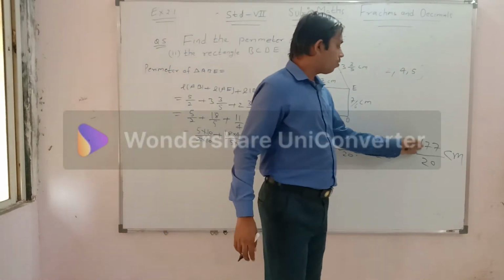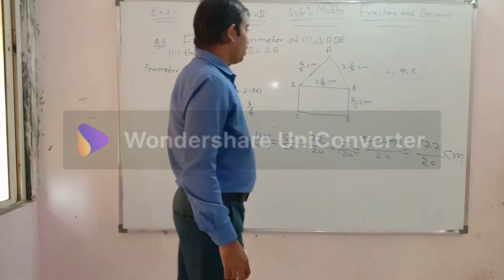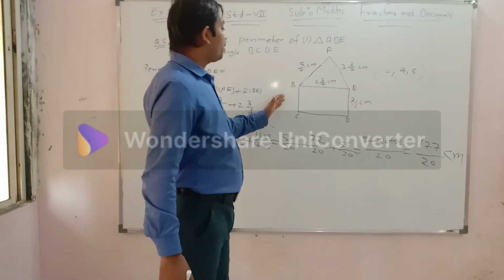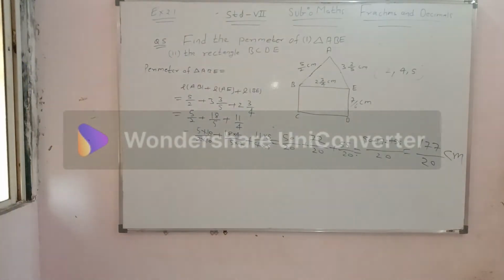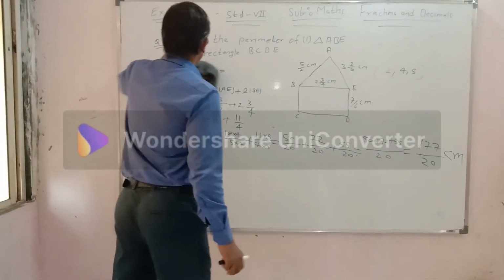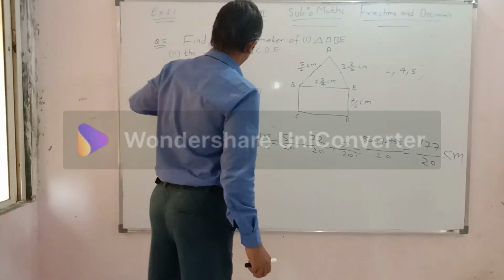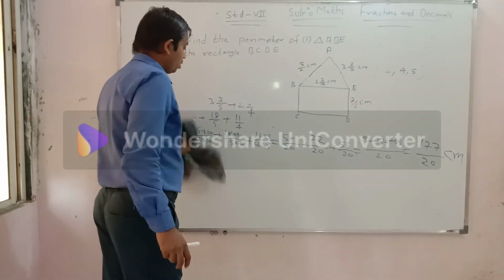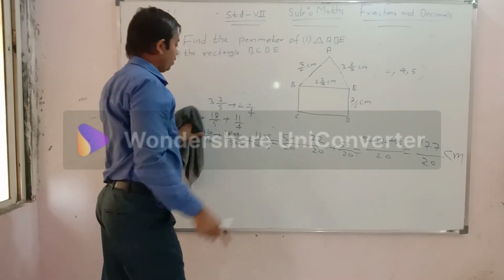If it is possible to reduce further, you can reduce further. Otherwise, you have to stop here. Okay. Now similarly, let us proceed, my dear student, to find the perimeter for the rectangle. So let's see for the rectangle also how to find the perimeter. So the first part is over. Now let's see the second part, how to find the perimeter of this rectangle.